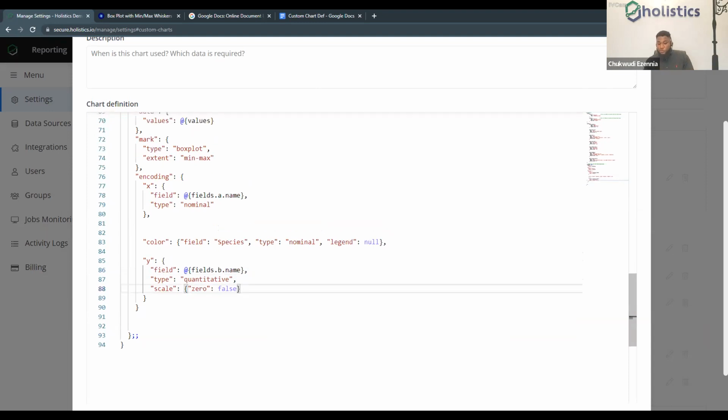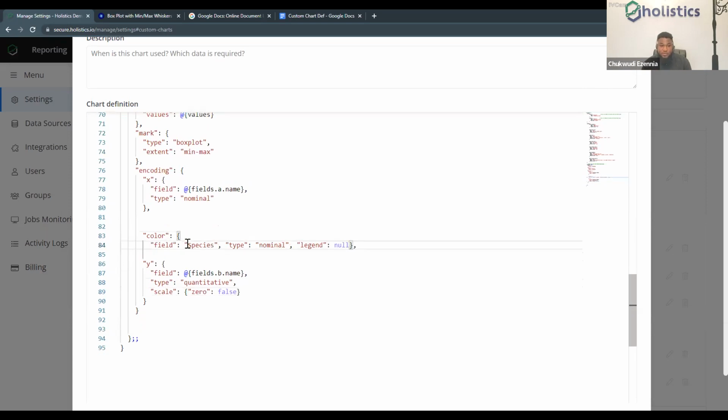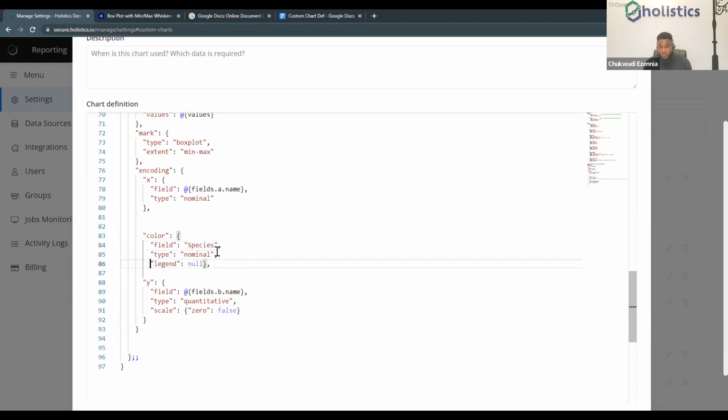Now, this is where I want us to look at the interesting part, which is styling. This is very, very important. So the first styling option we want to work with is the color. If we notice in Vega-Lite, they've done their styling by passing in a particular field name. So these are two different options.